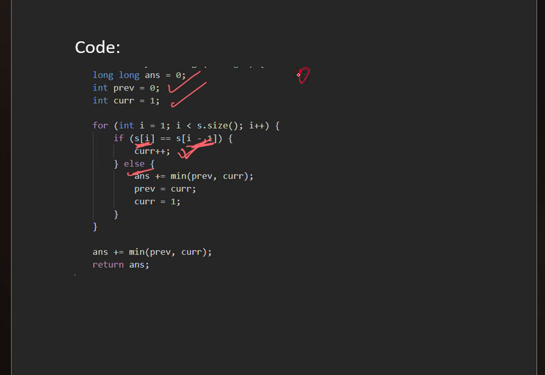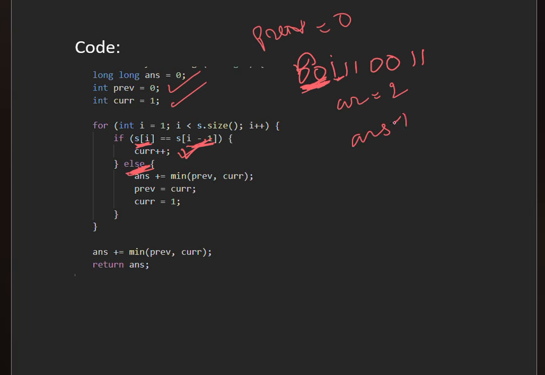Else suppose we are at 0 0 1 1 1 0 0 1 1. Suppose we are here right now and previous is 0. At this point current is equal to previous, so we increase our current by 1 to 2. Previous is 0, and now 1 is there, so 1 is not equal to 0, so we go into the else condition, and then answer plus equal to minimum of previous, that is 0,